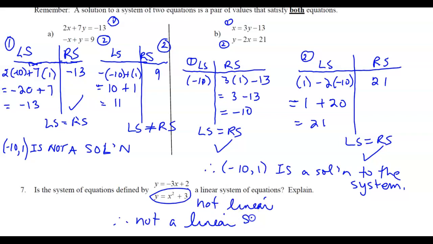Okay, you can do the practice in a bit. We want to get into the graphing. So turn over to the graphing. I'm just going to